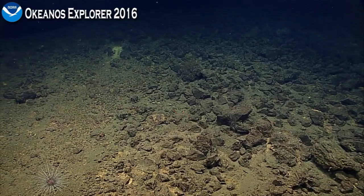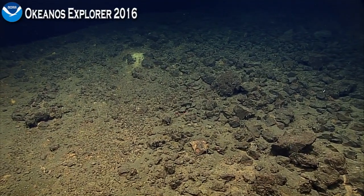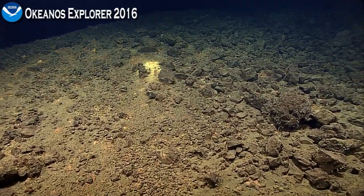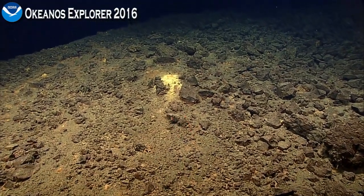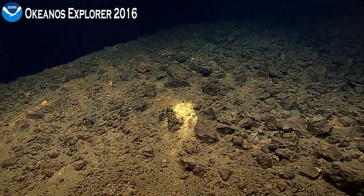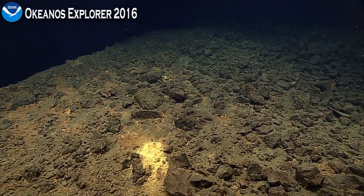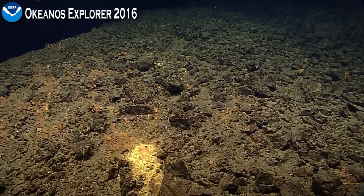Wow. Okay, the surfaces of some of the rocks on the right-hand side look very ropey. Trying to see if these individual rock fragments look like pillow fragments, but they look more blocky to me than triangular. But I think this little yellow patch may be exuding some warm water, or did in the past anyway. So would that be sulfur or hydrothermal? Well, the sulfur we saw last time was white. This might be...